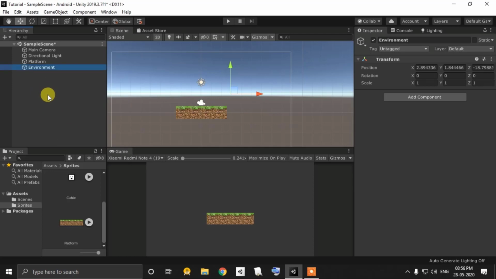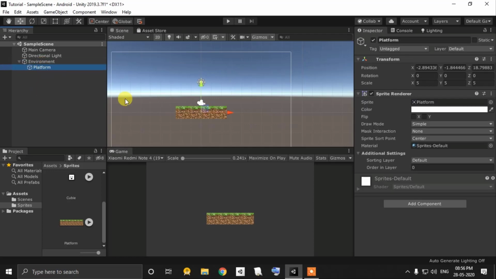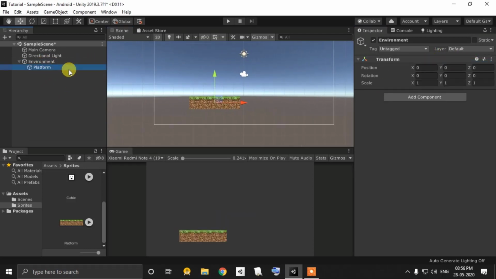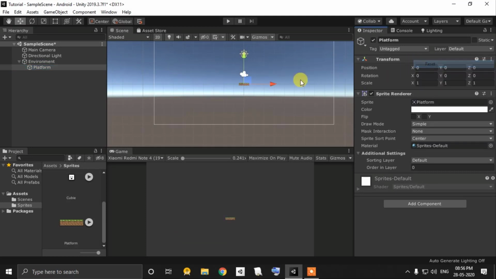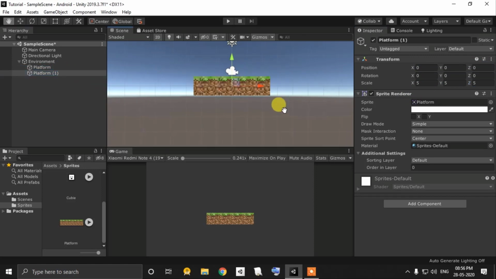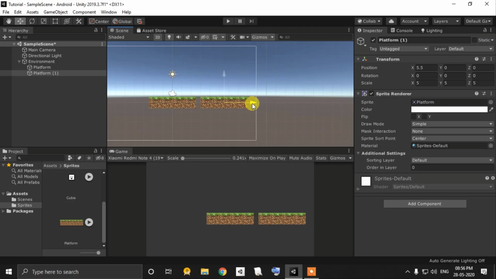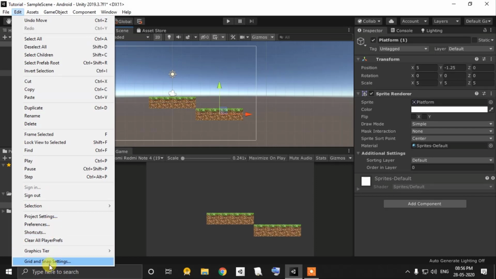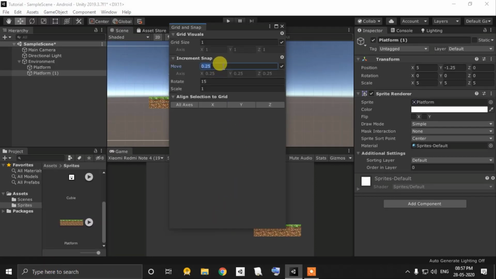Name this environment. Drag our platform inside that. Reset its position. Also reset this position, but set that to be 5 by 5 by 5 again because we reset. Go in here and create platforms like that, but make sure to go to edit, go in snap settings and